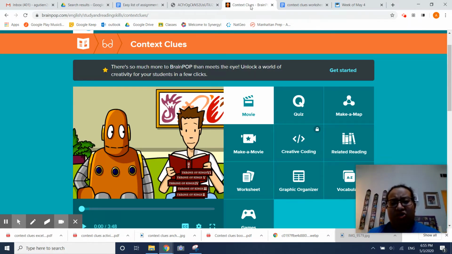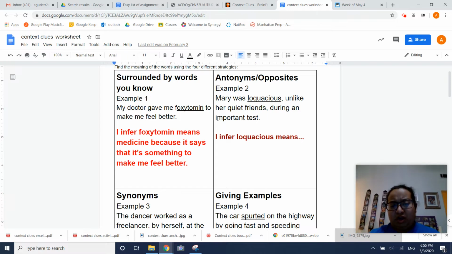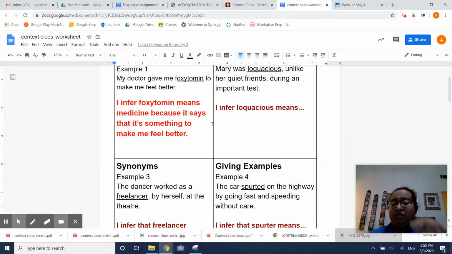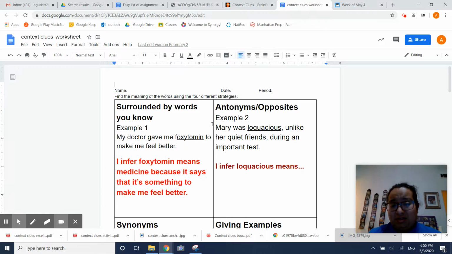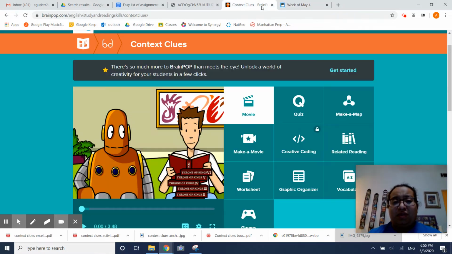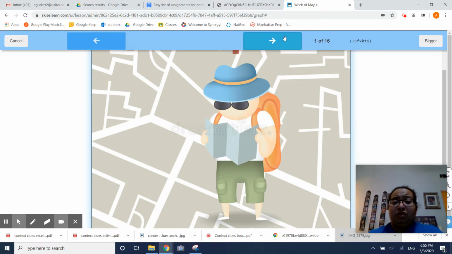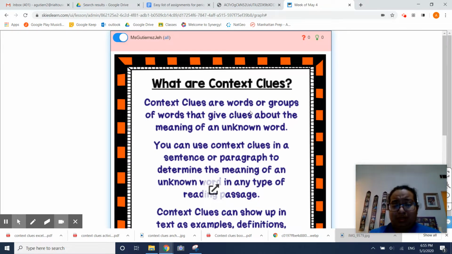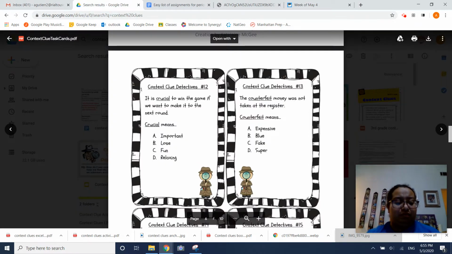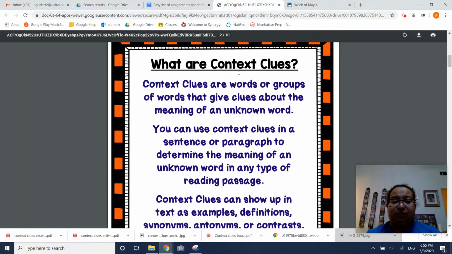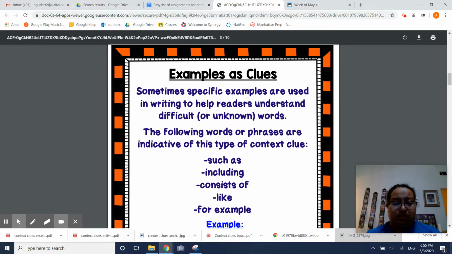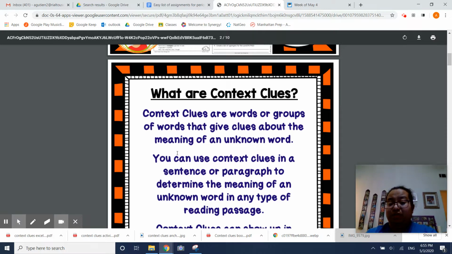Okay. So we watched the video, and after that, we did this little worksheet because we also said there's different types of clues or context clues. So let's review a different way, right? We already did this. Let's go over context clues. What is it? Clues that are around the word to help us know what that unknown word is, right? And so let's go back over here. Pause. And let's talk about there are different types of clues.